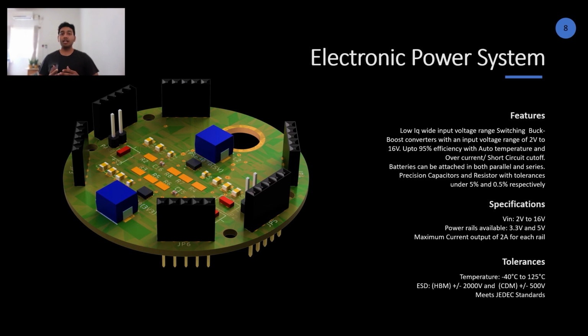So if you want to run a really high resolution camera on board, you can do that because you have enough power to be able to run it. You can even plug in a GoPro for charge on your electronic power system, and it'll be able to run the GoPro. So that's a little bit about the electronic power system. You'll be able to find more details on the website when we put up the data sheets. Moving on to the communication system.